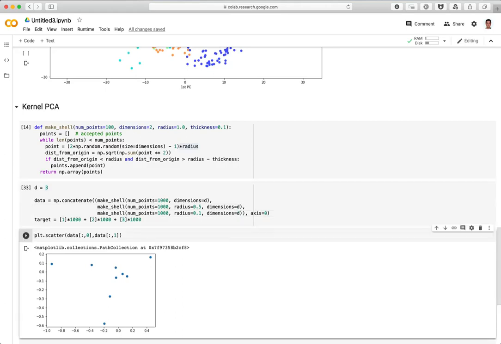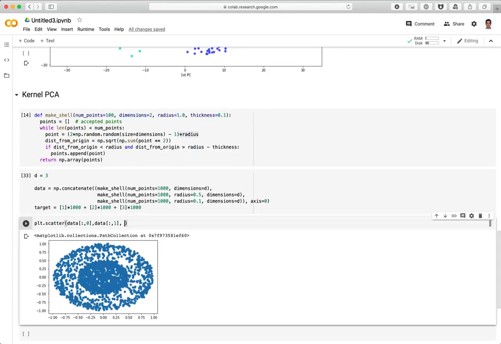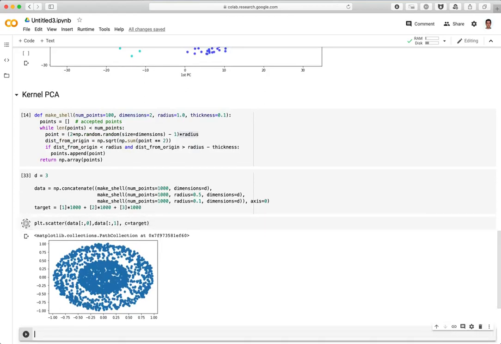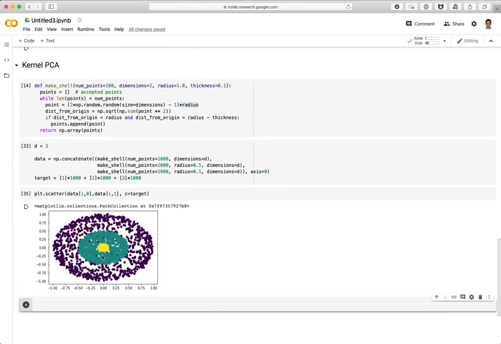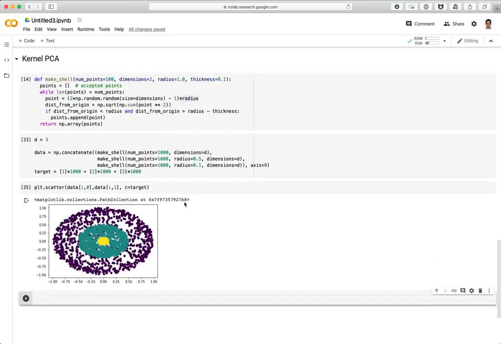Okay, so now do we get the spheres? Yes. And do we get the colors? Yep. Okay. So now it kind of paints these things inside. Let's see what we can do with this three-dimensional sphere with PCA. So our original thing is we'll start with PCA again. We'll fit our data, and then